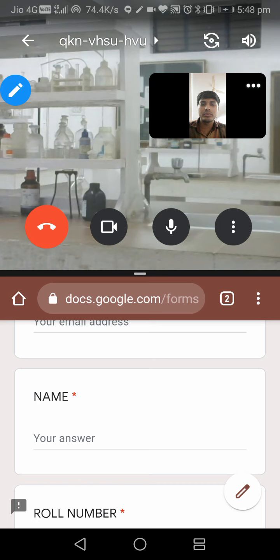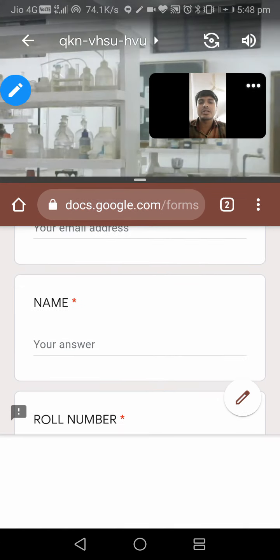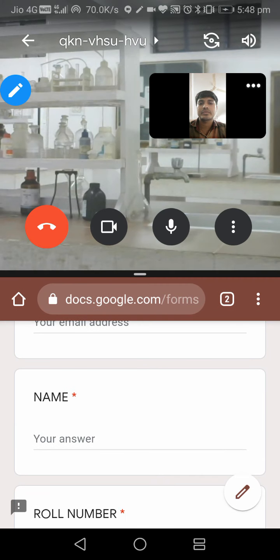If you are facing any problem, at that time only you inform the teacher, then he or she can suggest what needs to be done. Make sure that you have a good internet connection and good devices you are using on that particular day. And this screen size also can be adjusted. Thank you.